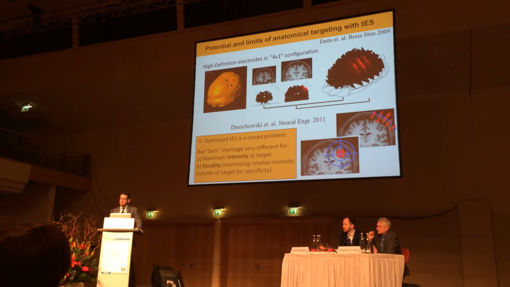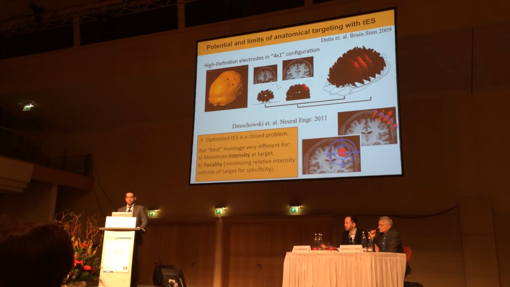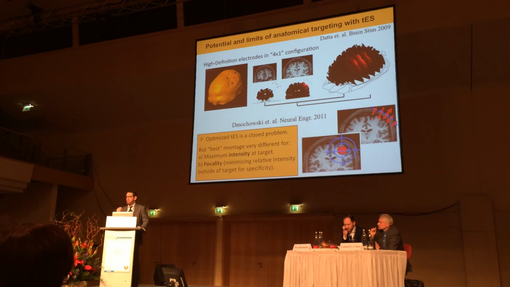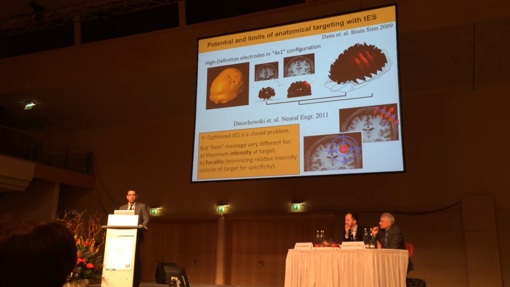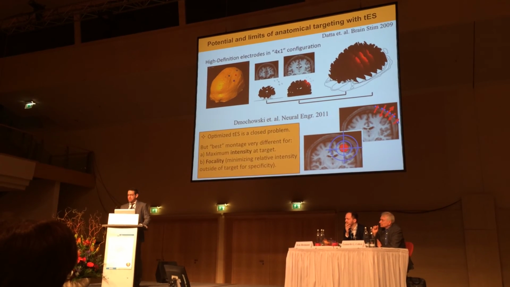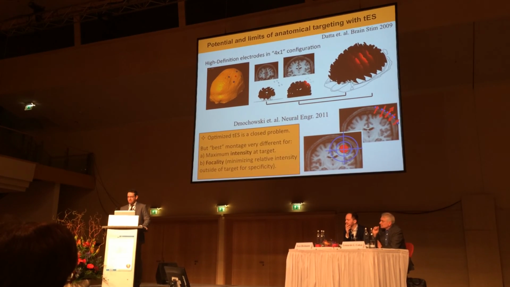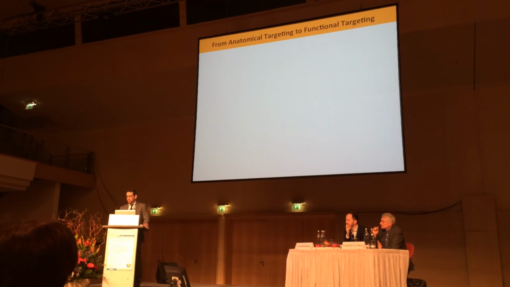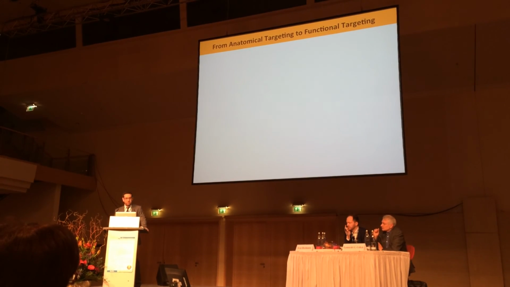And a key factor to consider is intensity versus focality. So if you just want to get the maximum amount of intensity in one part of the brain, you just want to blast it, right? You're likely just going to put electrodes across the head. While the best montage for focality would be rather different. But even given the progress that has been made in focality, both for now with tDCS and certainly for TMS,